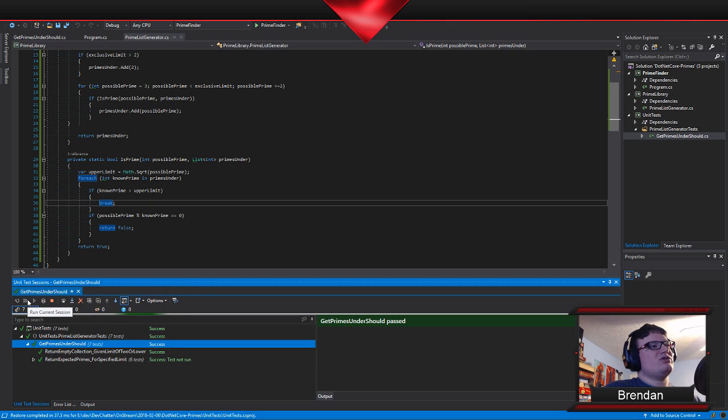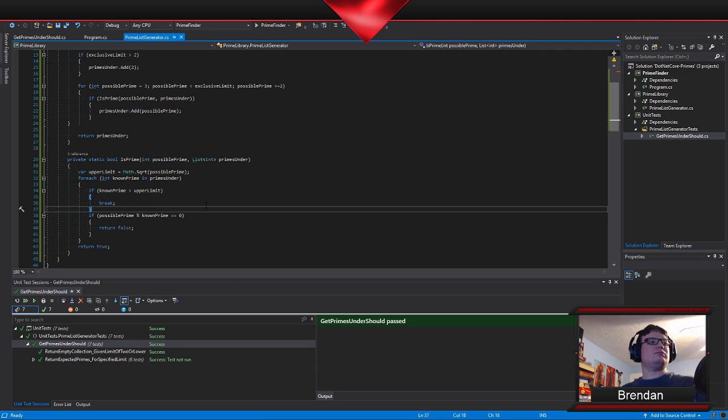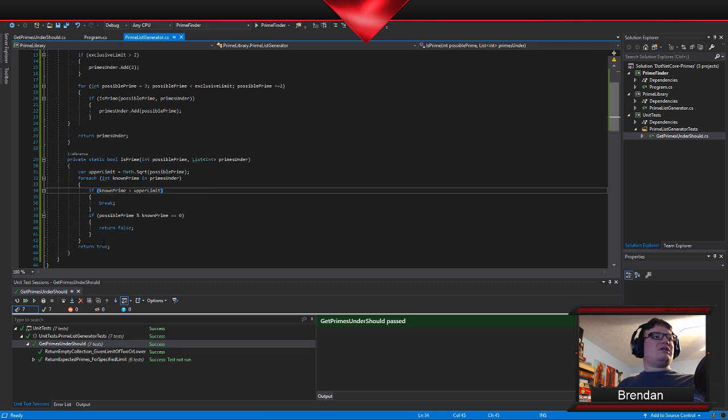Right? And then return true because we got past all the numbers to check. Okay. Yeah, that should work. Loop through that, break, redo that, and then that should be better.